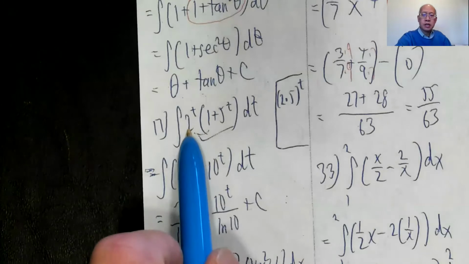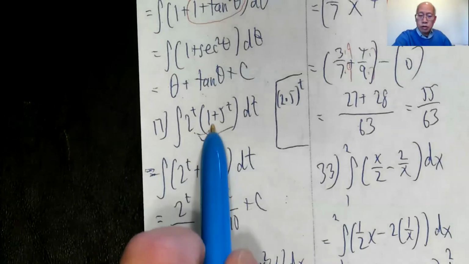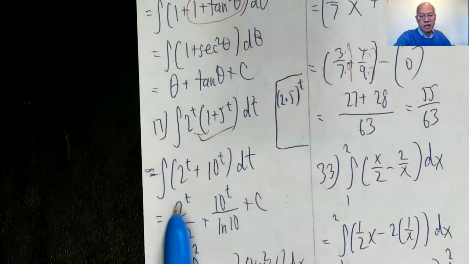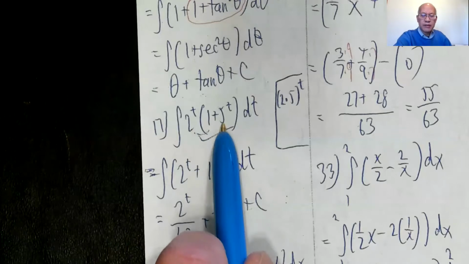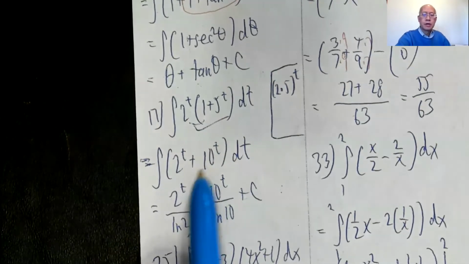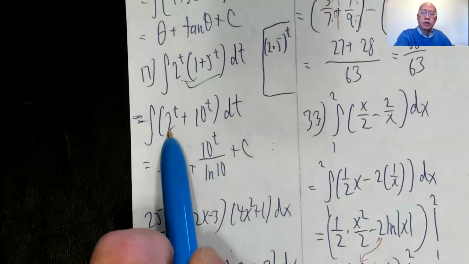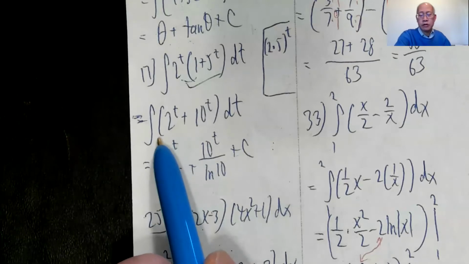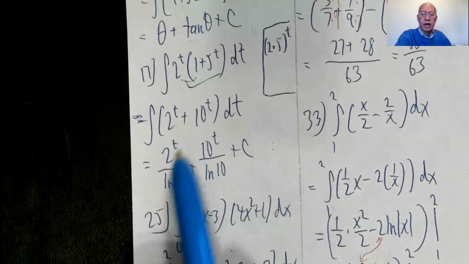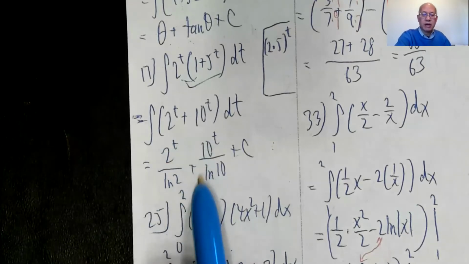Okay, 17, again, there's no product rule, but distribute. 2 to the t times 1 is 2 to the t. 2 to the t times 5 to the t is 10 to the t. All right, so 2 to the t over ln2. You might recall the derivative of 2 to the t was 2 to the t times ln2. So you multiply it by ln2. So when you integrate, you do the opposite. You divide by ln2. And likewise, integral of 10 to the t is 10 to the t divided by ln10,